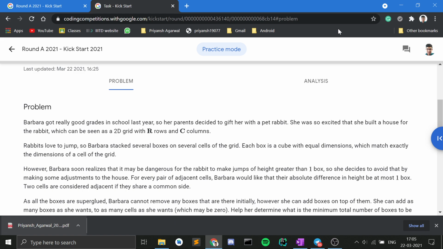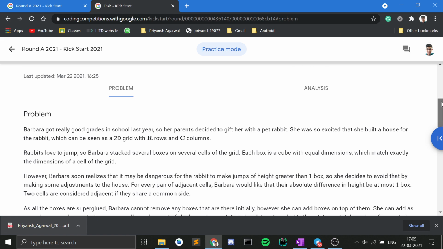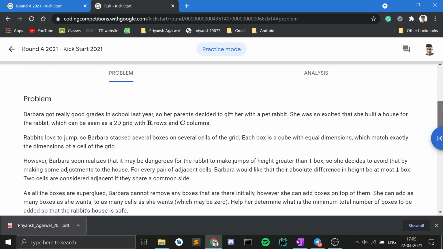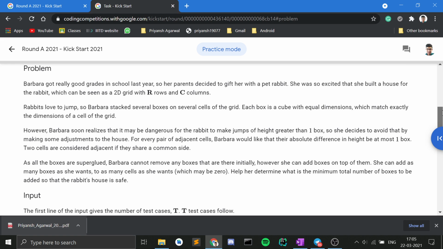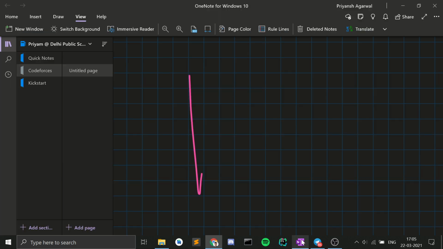Alright, let's look at problem C now. This was an interesting problem where you are given a 2D grid again with R rows and C columns. I won't explain the problem statement because I'm assuming that you would have already read it if you're watching this video.